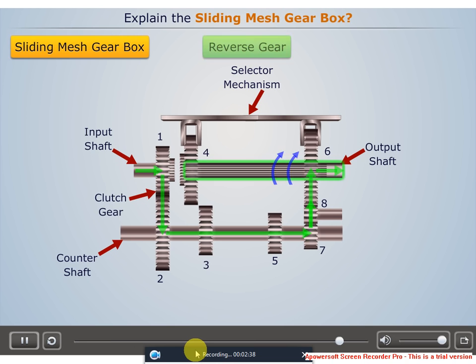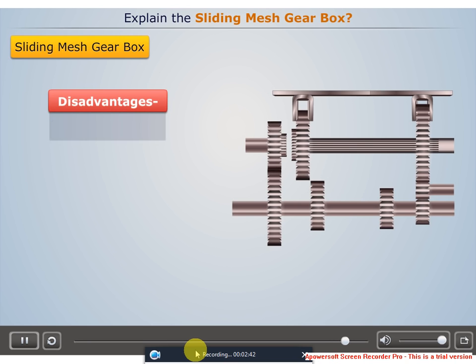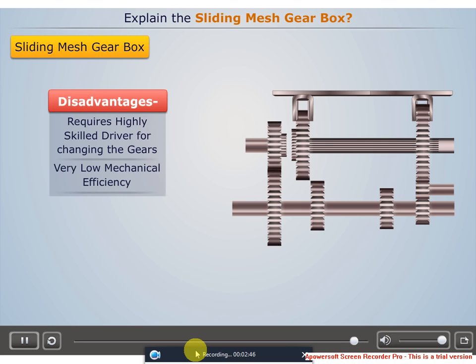Now sliding mesh gearbox has many disadvantages. Prime among them are: it requires a highly skilled driver for changing the gears. It has very low mechanical efficiency. It is very noisy in operation. Now let's summarize the sliding mesh gearbox as: